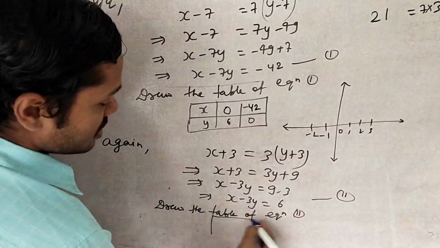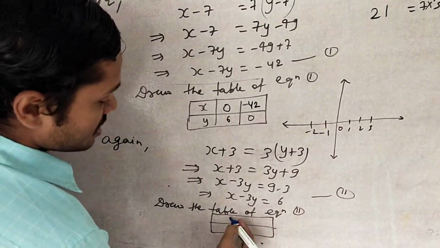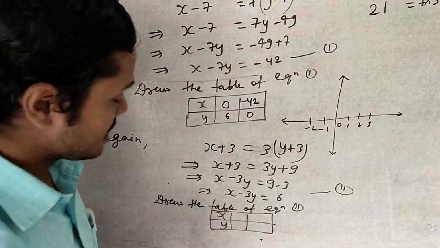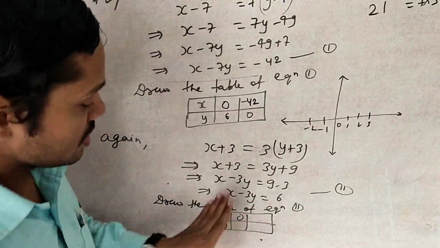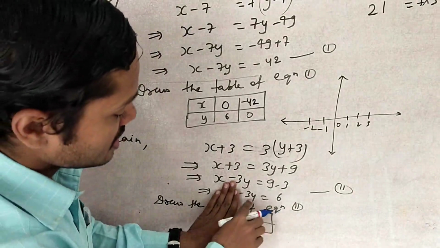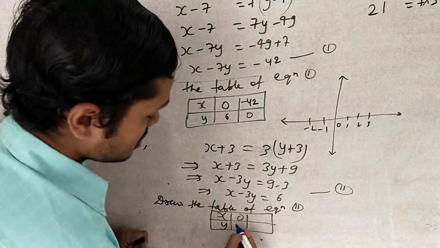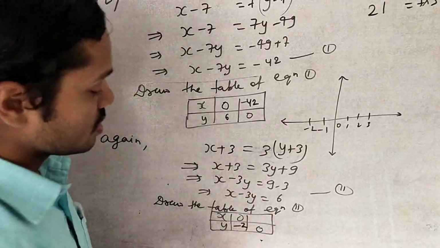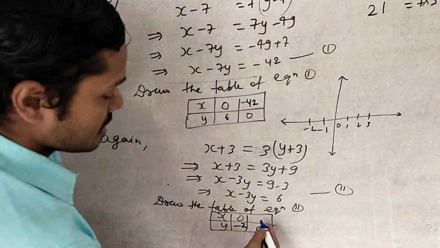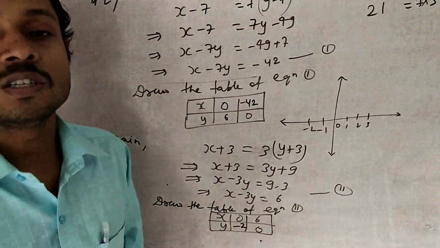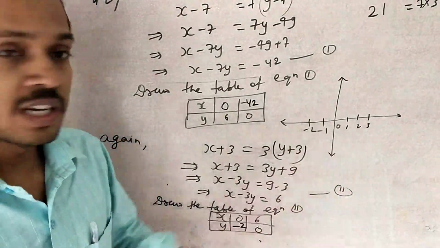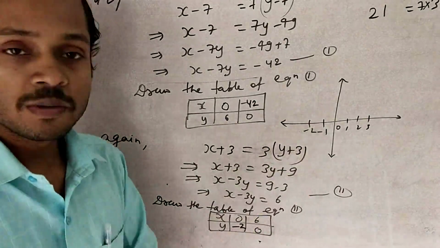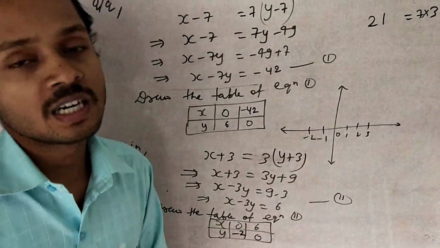Now look at, we are drawing the table. What here? x and y. One time x is 0. How much? x is 0, so look at here, 6 divided by minus 3. How much? Minus 2. Clear? One time y is 0. I told you about that. When y is 0, x is equal to 6. Direct. After that, you can draw the graph. Clear? Draw the graph on this one. This will be represented, and according to this you will get the graphical solution.